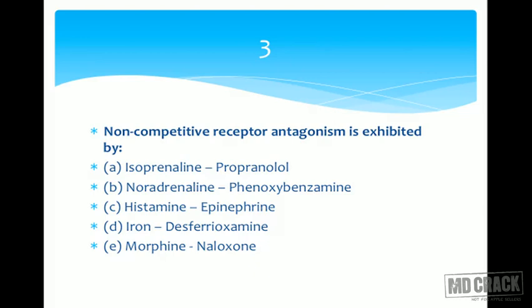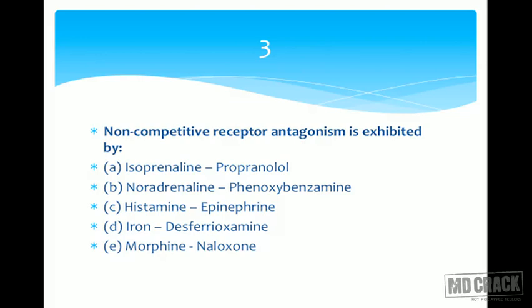These three are receptor antagonisms. Now out of these three, we have to remember which one is non-competitive. If you remember your beta blockers, we always say beta blockers competitively block the beta receptor. It means this antagonism is reversible. It can be reversed when you go on adding an agonist. Similarly, the case of morphine poisoning can be reversed by using naloxone. So these two are reversible types of antagonism. It means there is a fair competition at the same receptor and same site.